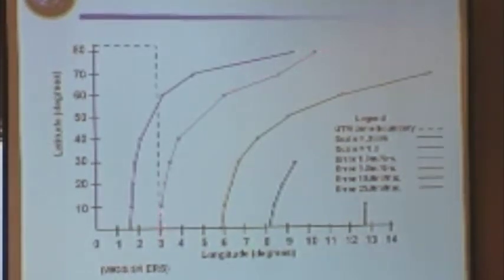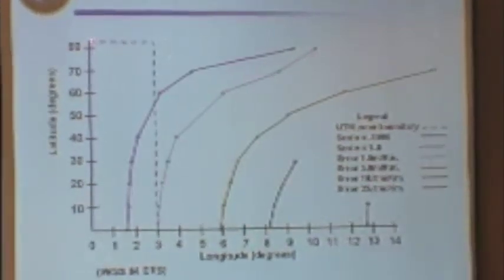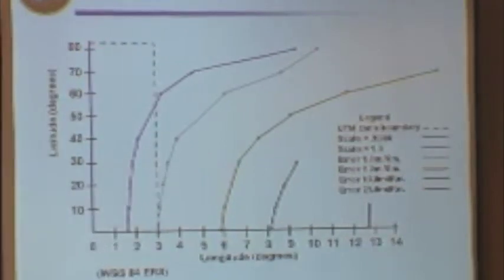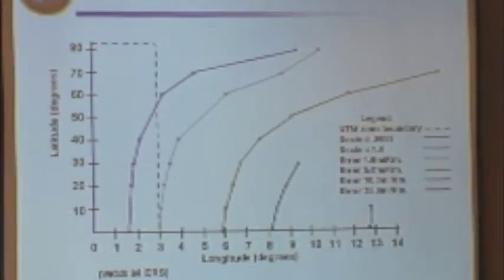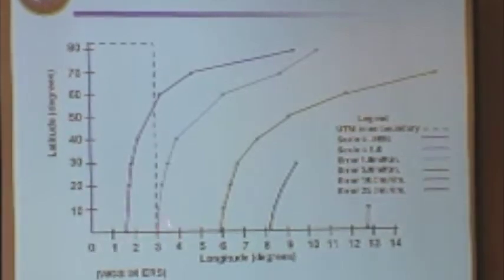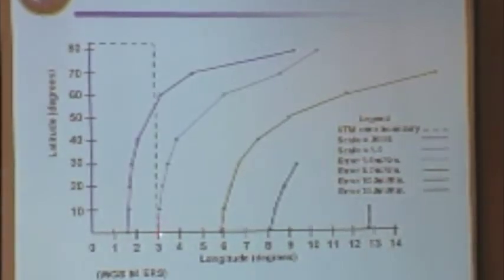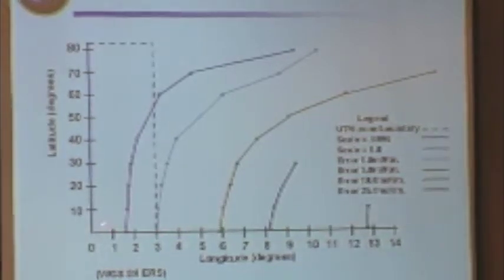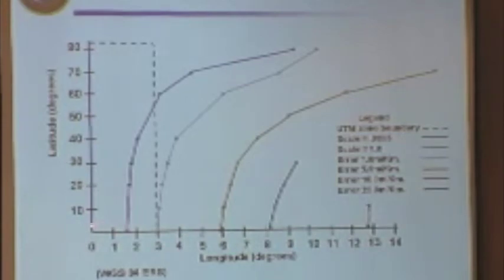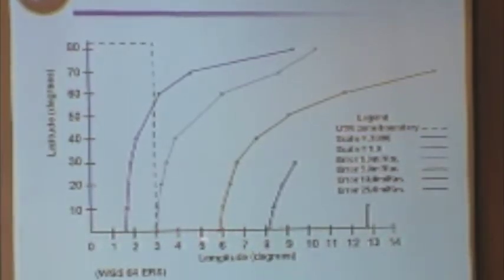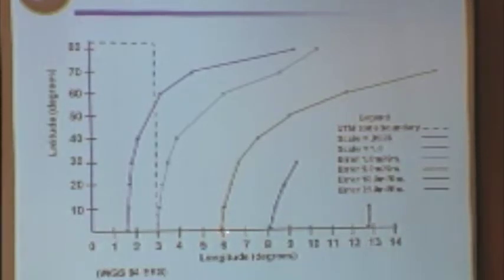Now notice the dashed line, that's 3 degrees bounded by 82.5 or whatever it is up there, are the UTM boundaries. So if you use UTM coordinates, you can expect distortions of about 1 meter along here. The previous chart showed there was no computation error in the series, so all the errors are due to distortion. But if you start operating out here, like at the yellow line, the distortion error alone is 5 meters per kilometer. And as you get out further and further, the distortion destroys you.